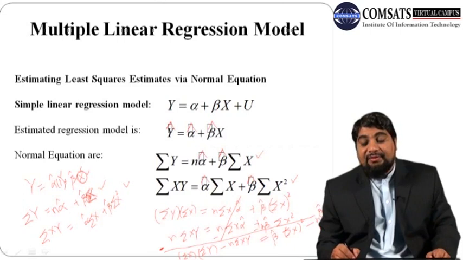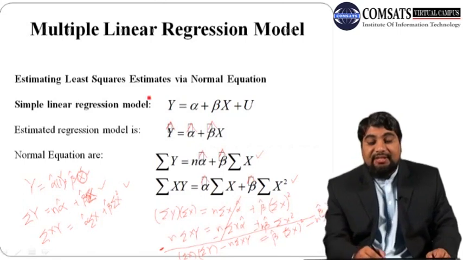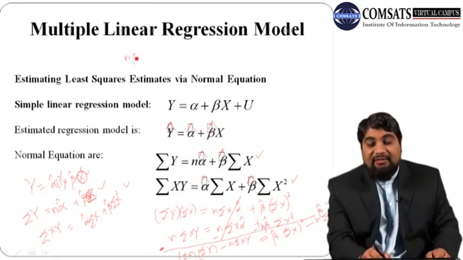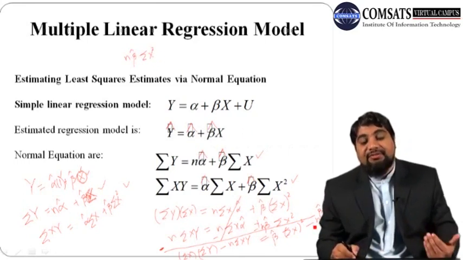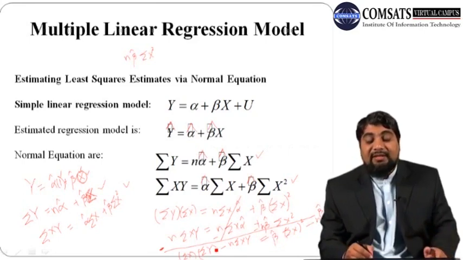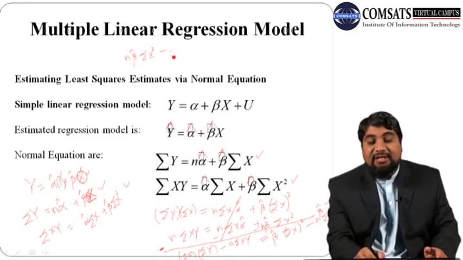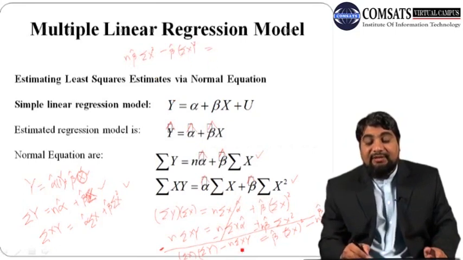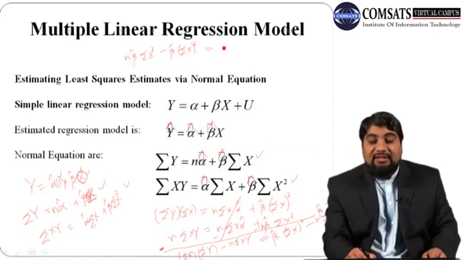In the next step, just rearrange the terms. I'm shifting these two terms from the right hand side to the left hand side. So n beta hat summation x square, which is negative, becomes positive when shifted, and shifting the first term as well, on the left hand side it becomes minus beta hat summation x whole square. On the right hand side we shift these two terms, so their signs change. So we are left with n summation xy minus summation x times summation y.